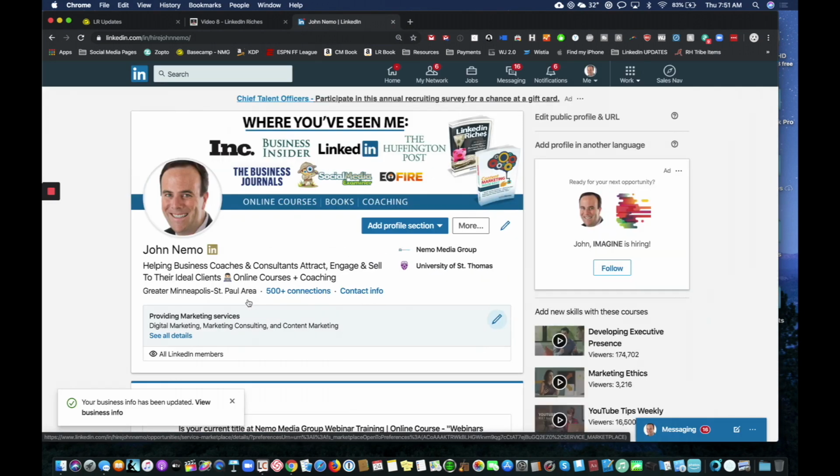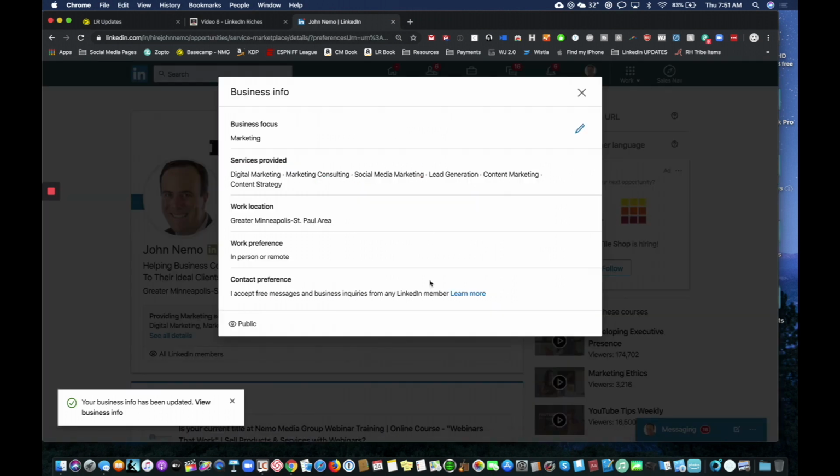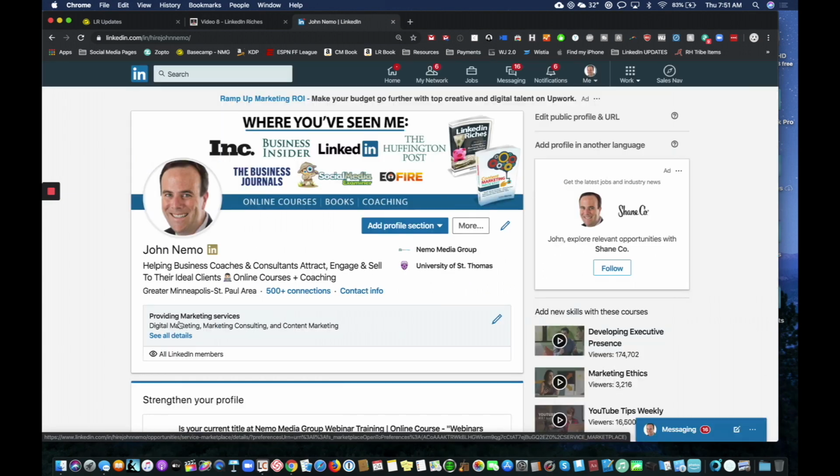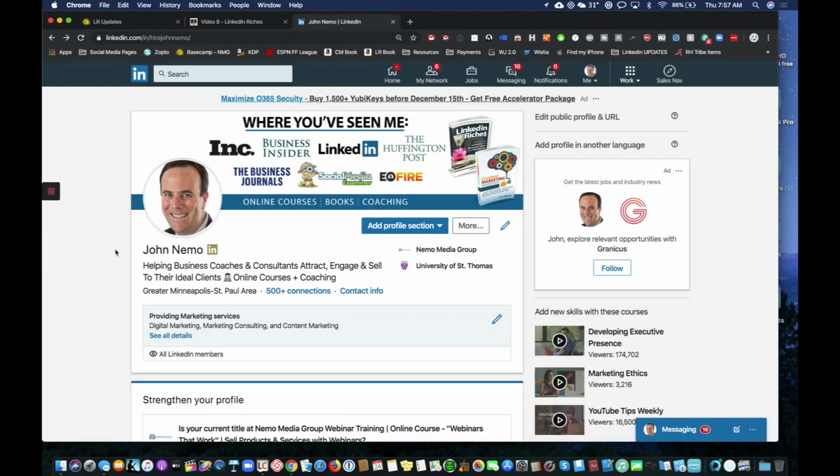And so, again, that's just something, it's not a huge deal if you don't have it. It's, again, what I would call one of those nice to have features, but it's not going to be critical. So I don't want to spend too much time on that. But again, that's how to handle these small little boxes. So with that out of the way, now I want to dive into the experience section.